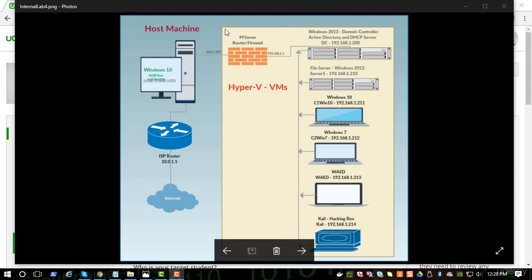We will then install pfSense, which will act as our router cum firewall, and it will be the bridge to connect our internal lab and the external network. pfSense will be provisioned with two virtual switches. One switch is connecting the internal lab and one virtual switch will connect to the host system, which will provide us the internet access.